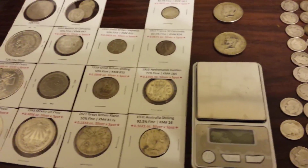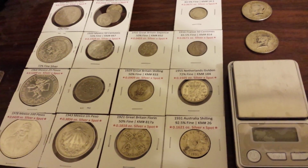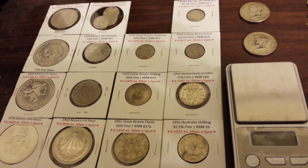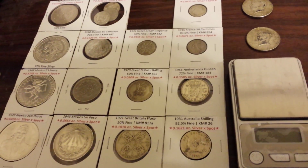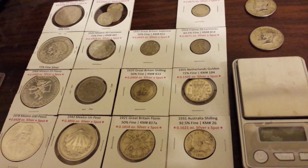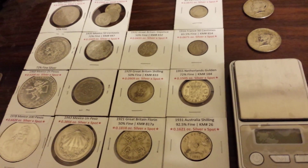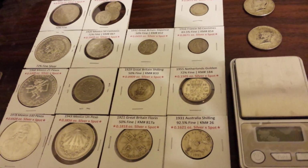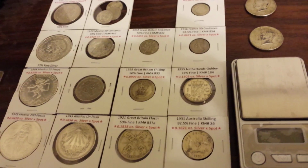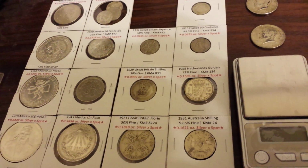I went to a coin shop near me. It's sort of the furthest away of the local coin shops. And they had in their front case about 2 little trays that said foreign coins sold at spot. And that kind of blew my mind, because there are endless videos that I've watched over the past month or so about how to get your silver as close to spot as possible, how to, whether or not you should